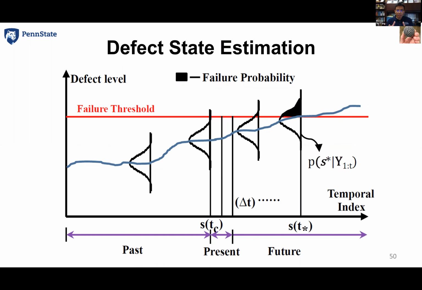And when we characterize or quantify the defect state, there is a probability. That means for the past layer, the present layer, and the future layer, you have the mean and also the uncertainty quantification of how likely this layer is to have a defect. And if you define the failure threshold, then you will have a probability that this layer will fail. So this is a sequential decision-making process. But first, we need to have a sensor-based model to characterize and quantify the uncertainty of the failure probability.